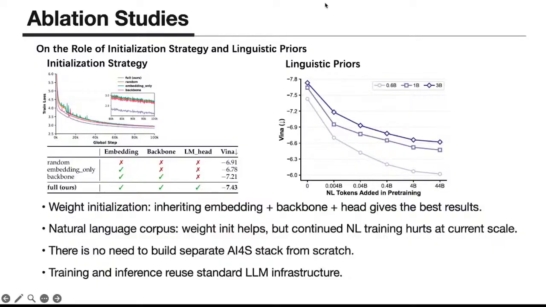Will it have, and it gives a very promising science model. And you can see